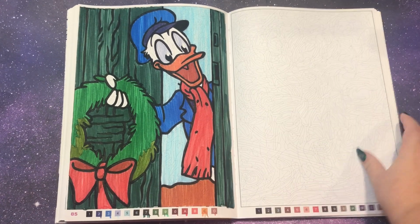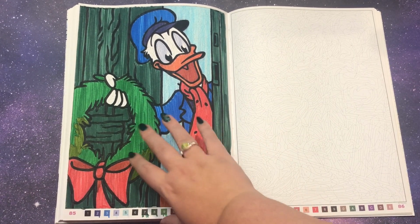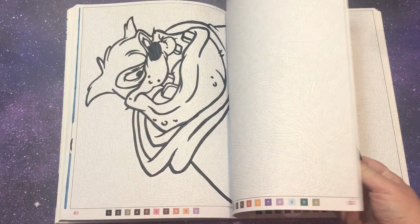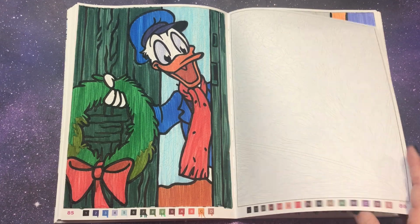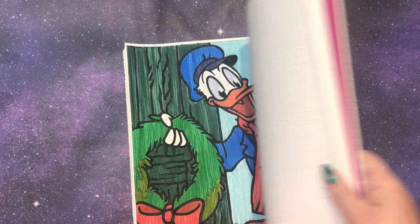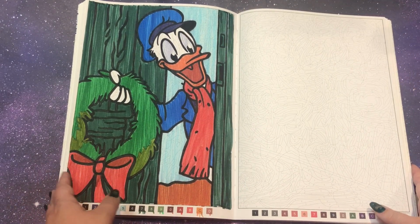And there is Donald being Fred from Mickey's Christmas Carol. There's a ton of Christmas Carol pages in this book, which I, of course, love because it's one of my favorite things. So there's my page for this year. And I'm glad because I still have more to do next year of Mickey's Christmas Carol, especially since this book kind of goes in chronological order,